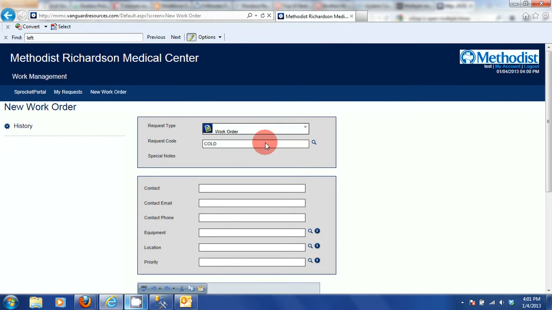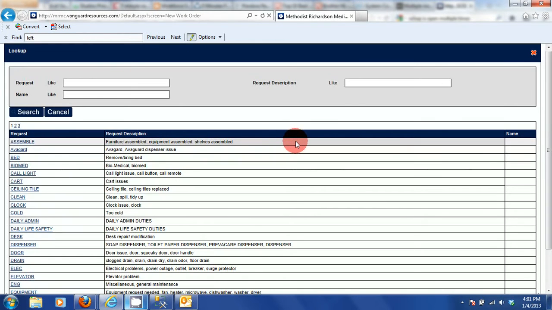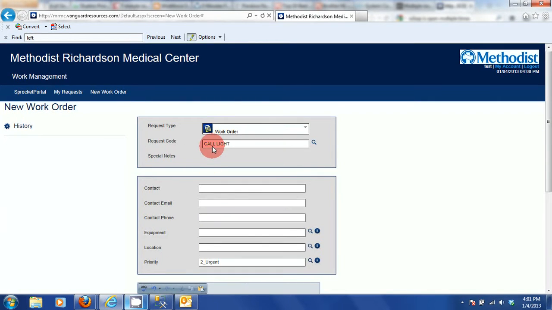Anywhere in Sprocket that you do not know what it is, and you see this magnifying glass, if you click on it, it'll give you a list of all of your available options. So you can just look through the list. We've got 3 pages. It can be that you have new furniture and you need it to be assembled, or you need a bed moved, or maybe a call light's out. I'm going to click on call light. So it's going to fill in the request code of call light, and then it's going to come to this